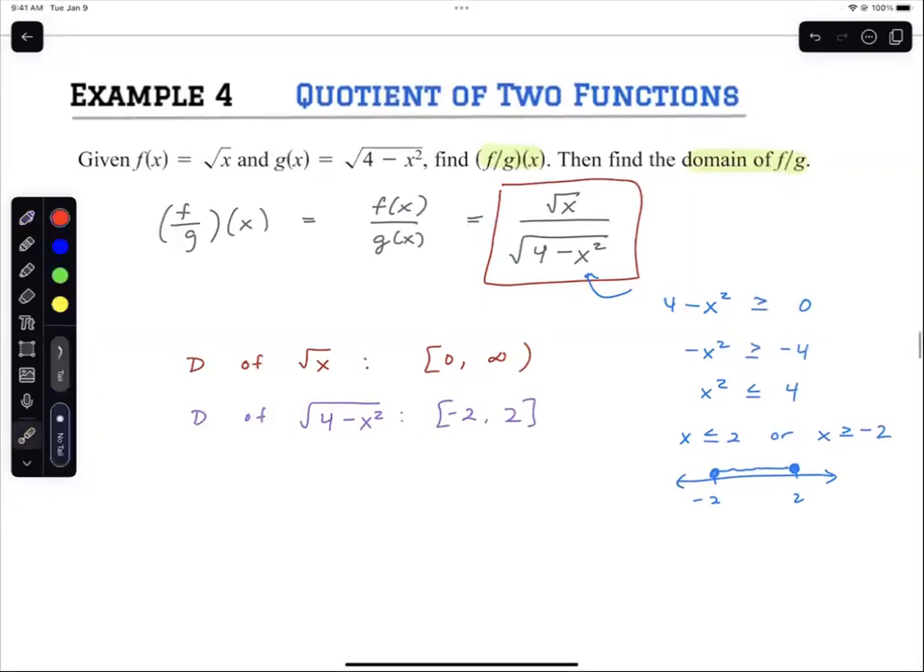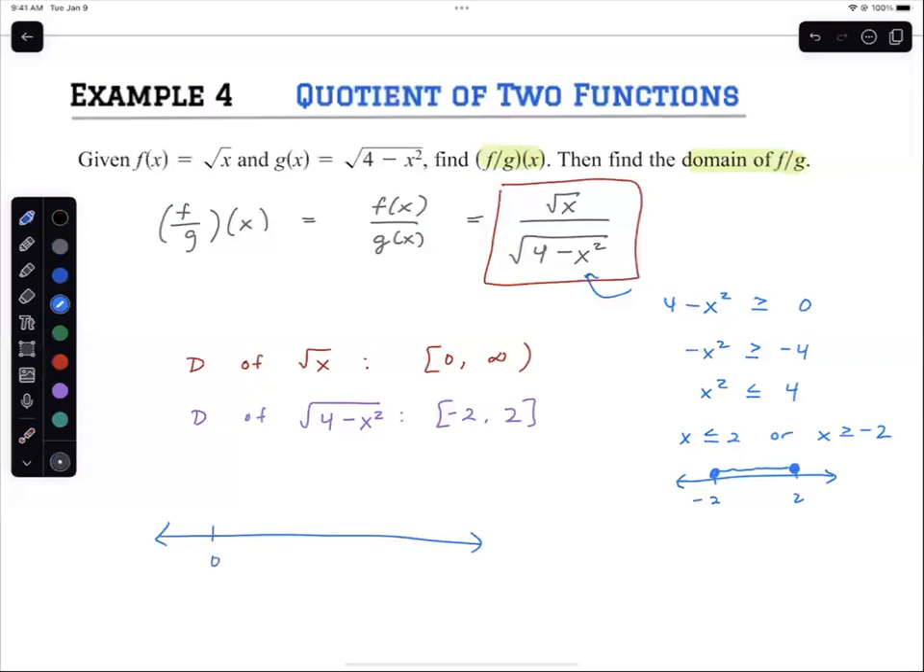Okay. Now, the overlap of these, okay, we can't plug in negative 2 into this guy. So anything that's less than 0, because this function is 0 or more, anything that's less than 0 won't work for the top function. So if it doesn't work for the top function, it's not going to work for the division of the two functions. So basically, I can't use anything that's between negative 2 and 0. It has to start at 0, but I also can't use anything bigger than 2 for the bottom function. So even though the top function is 0 to infinity, I can only use the overlap of these two, which means that if I'm looking at this on a number line,